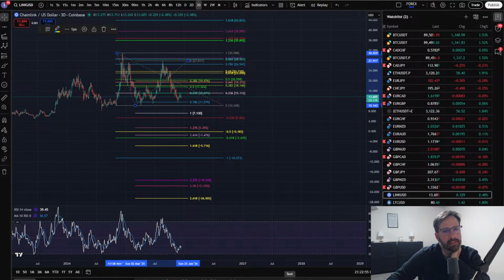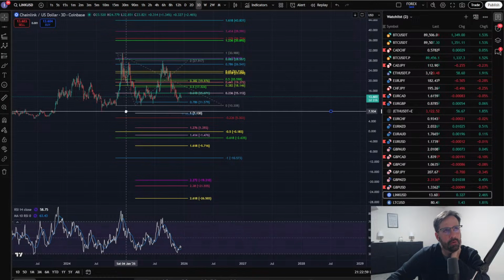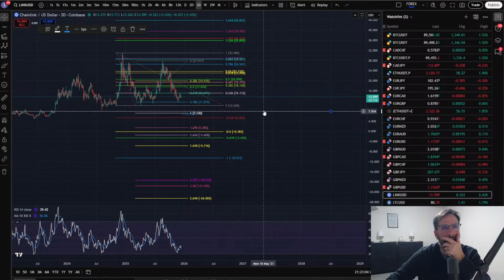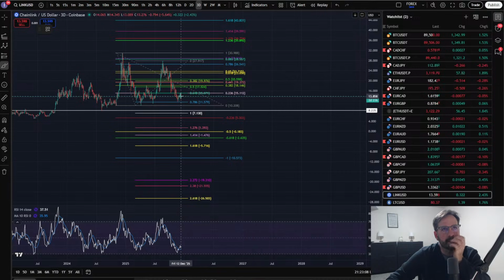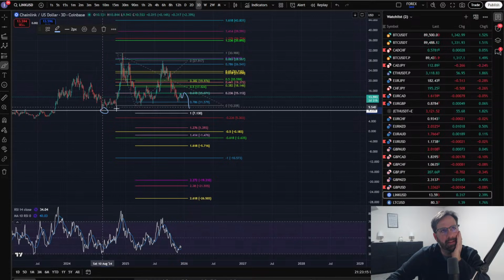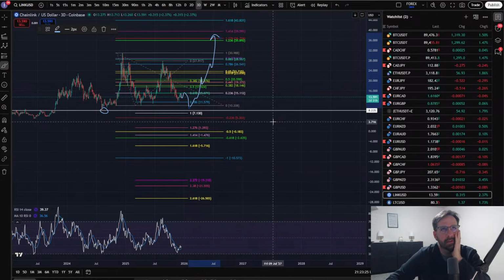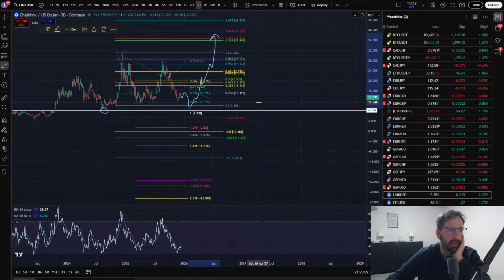For this count, I would like to see that low hold right there. I want to see that low hold right there. So that's $8. Let's see $8 hold. Let's see it get a little choppy here, come down, hit that low, respect that, and then let's get bullish and go. Yeah, right, Eddie? I mean, that's what I see.